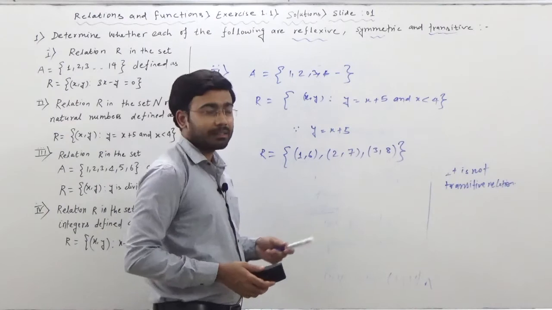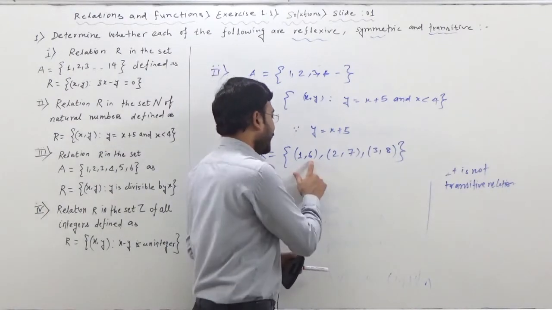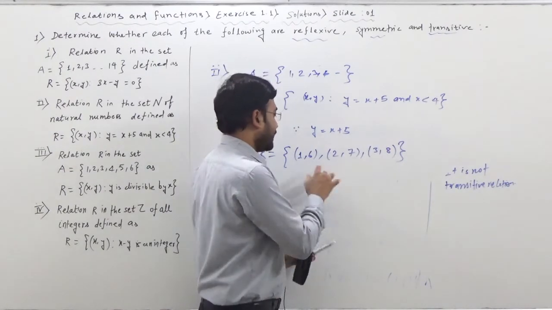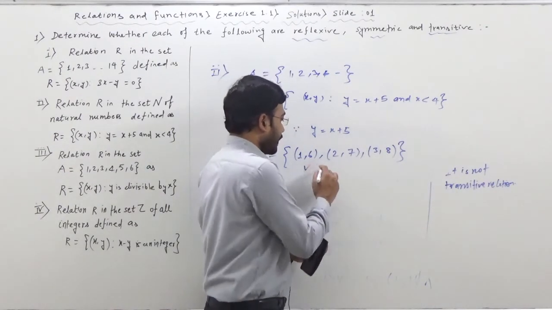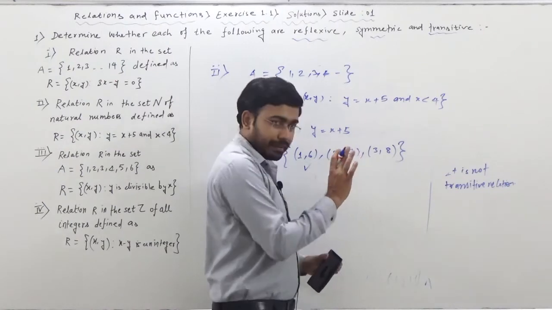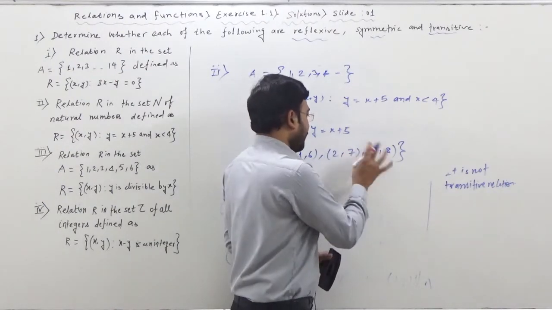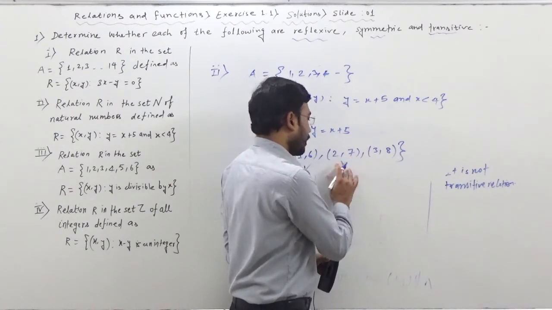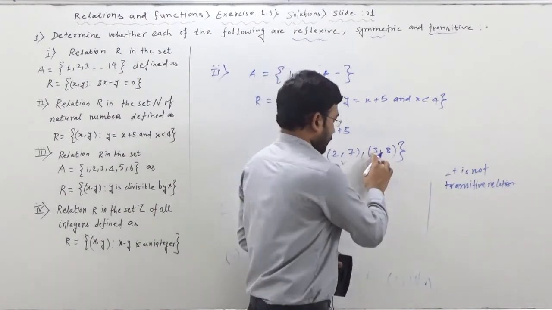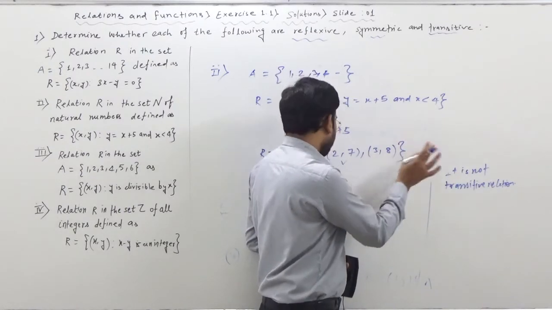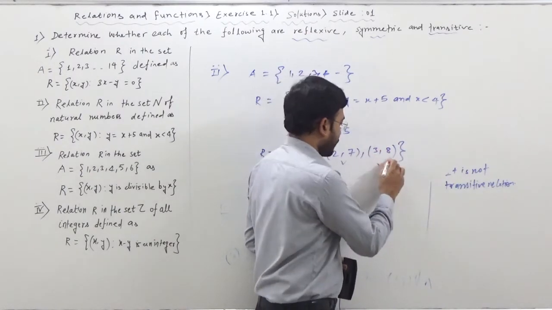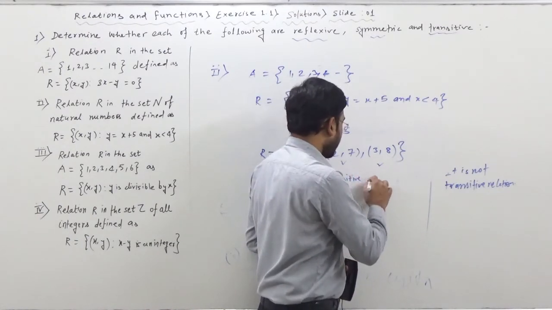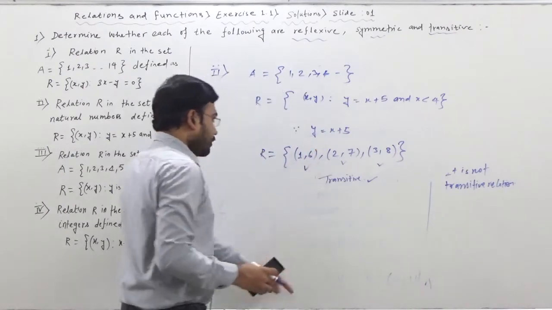Is it a transitive relation? That also we will check. (a, b) is there, but (b, c) is not there, so we will not check it. Means this is okay for a transitive relation. (2, 7) is there, but (7, something) is not available, so of course we will not check this element also. (3, 8) is there, but is (8, something) available anywhere? No. So of course this is a transitive relation. Alright, so you can write down these statements.